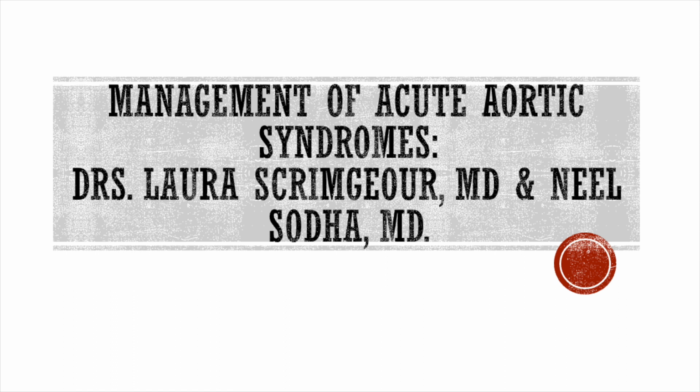And if it does look like a type A, then this is a surgical emergency and needs to go to the operating room, versus a type B that can be medically managed. I think it's important, when you have this patient and you're worried about a dissection, to get the appropriate test. If the patient's not stable and you have a high index of suspicion for a dissection, someone comes in and your family says, oh, they've had a known 5.5 centimeter ascending aortic aneurysm, you can do a quick ultrasound in the ER, but transesophageal echocardiography in the OR can make the diagnosis,